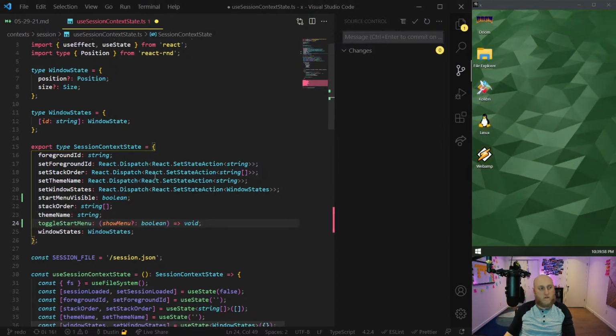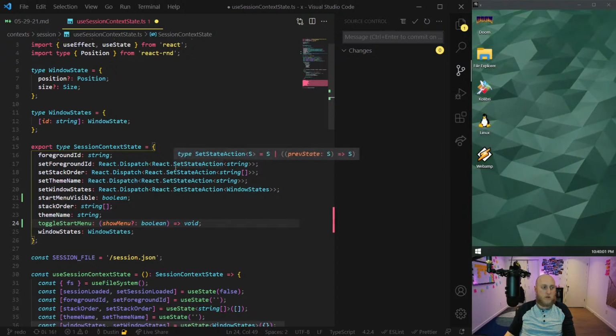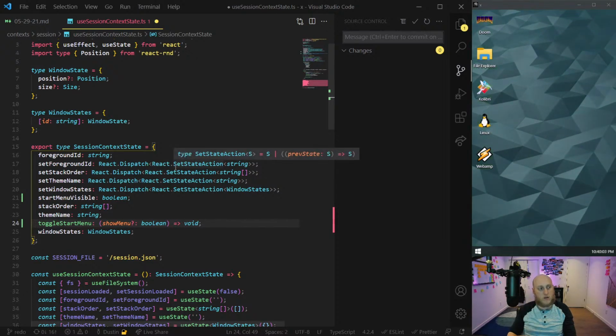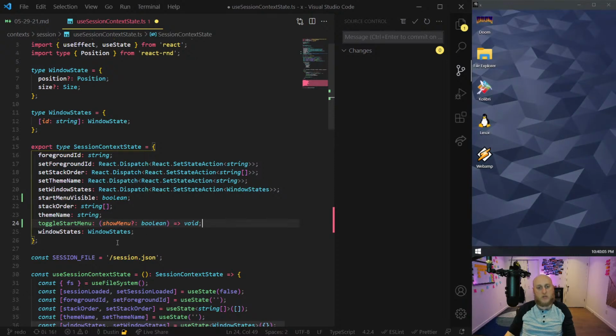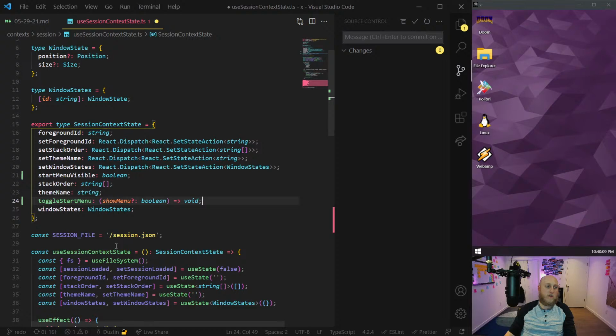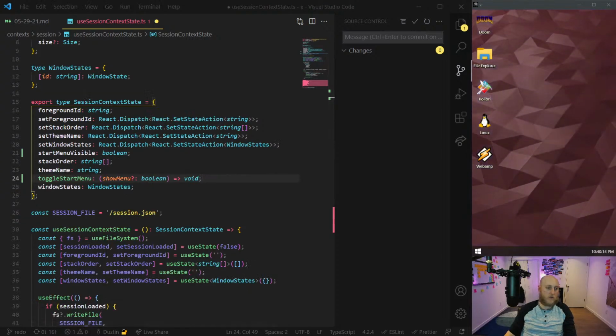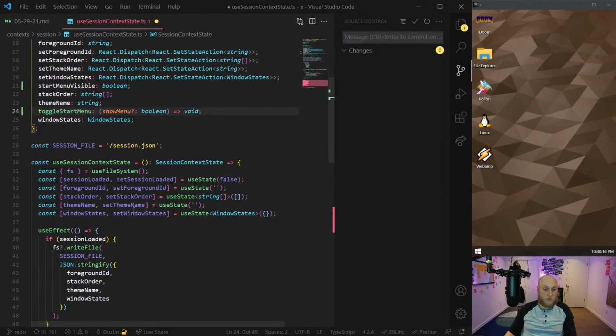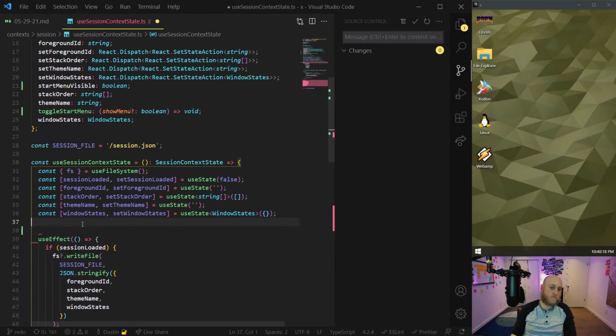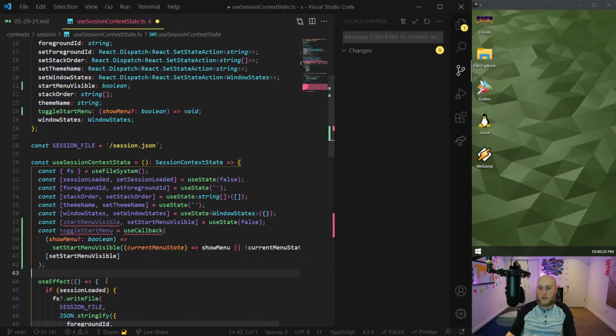And it's going to be a toggling function that can have an override. So we can toggle, or you can say you want it closed, you want it open. And I do this to allow the kind of advanced different versions of focus that I want, because there are some intricacies to focus that we'll get into in regards to how the start menu functions within Windows, which we'll clone, copy, whatever you want to call it.